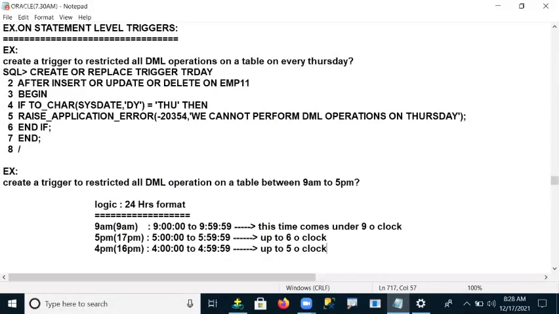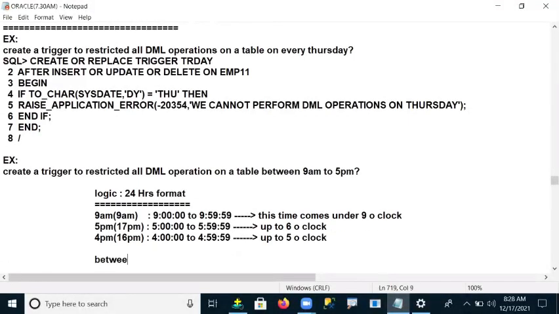Exactly up to 5 o'clock your restriction has happened. So my condition is between 9 and 16, then your restriction is whatever you expected, exactly up to 5 o'clock.